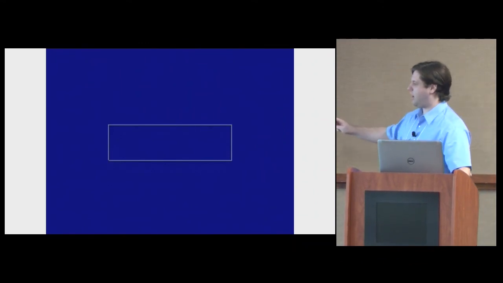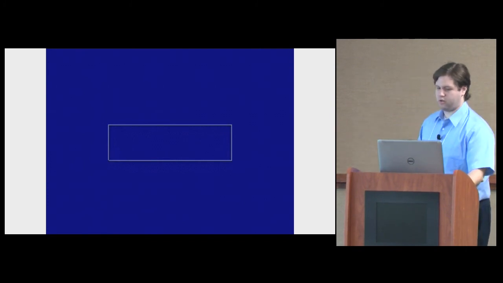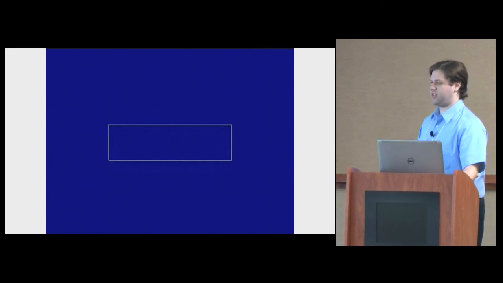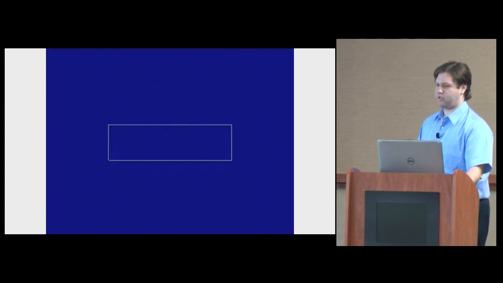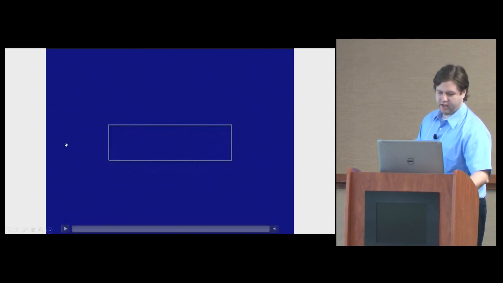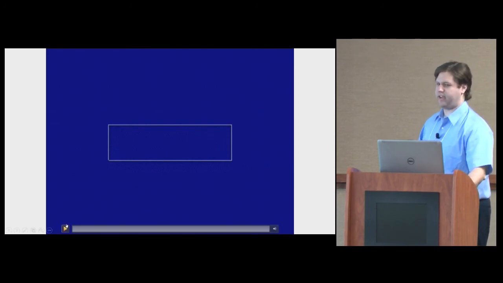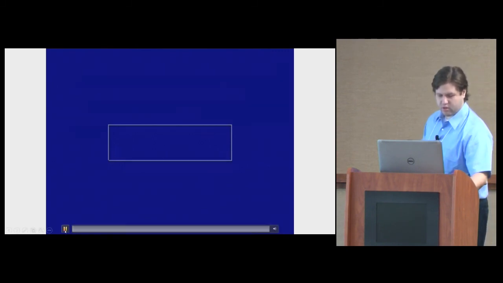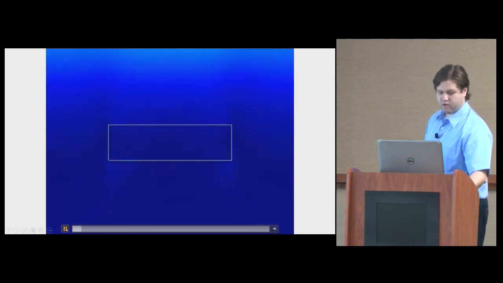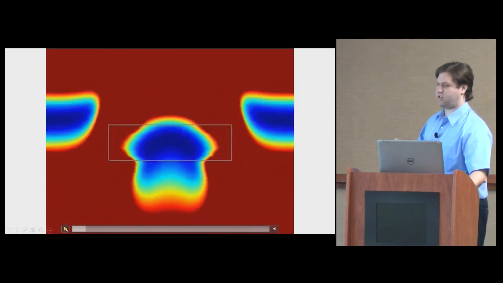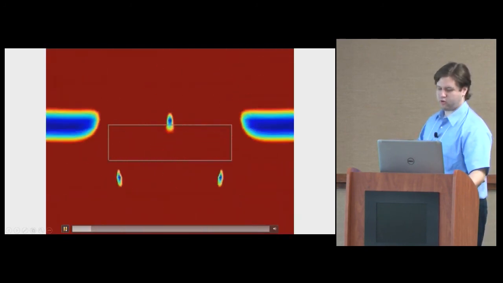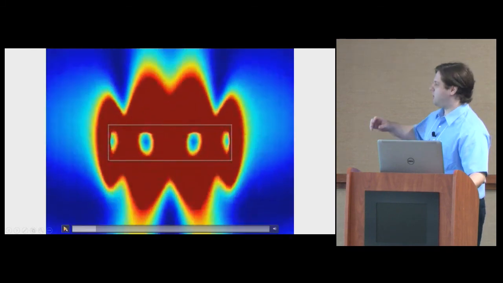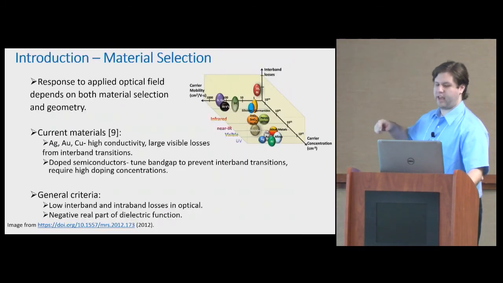This white outlined box is a 500 nanometer long gold bar, and colors here represent the magnitude of an electric field. So right now with this deep blue, the electric field is 0, but we're going to apply an electric field and it will become red, indicating a larger magnitude. So let's see if this works. So here is an incident initial pulse of light being applied to the gold bar. It will proceed for a little while. Yep, and here the light has stopped, but we still have